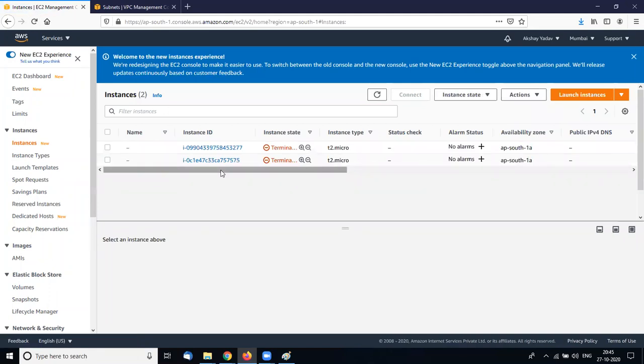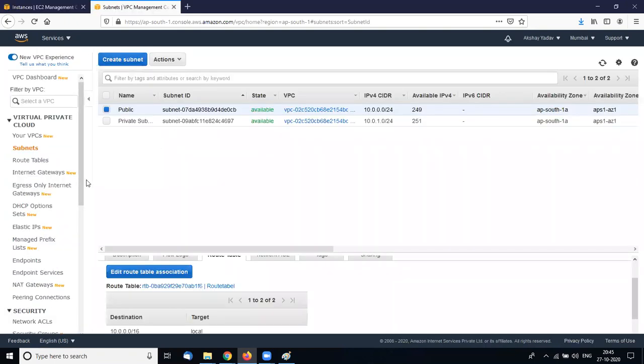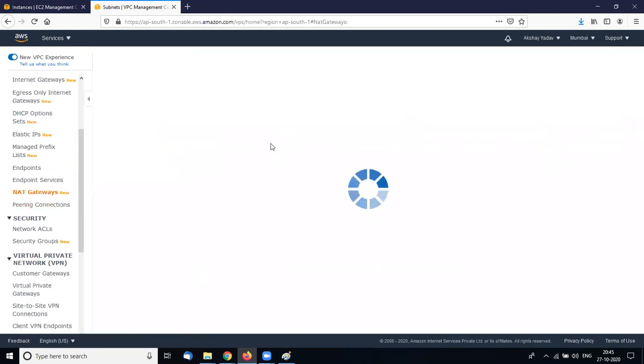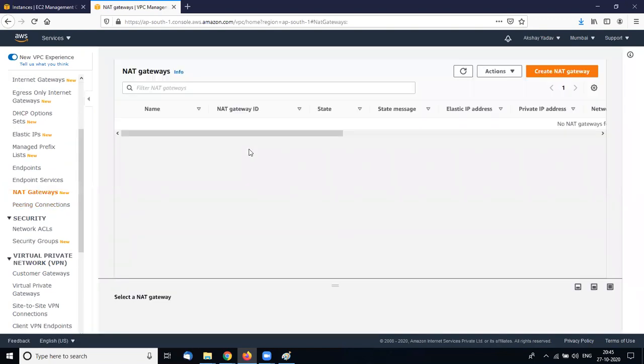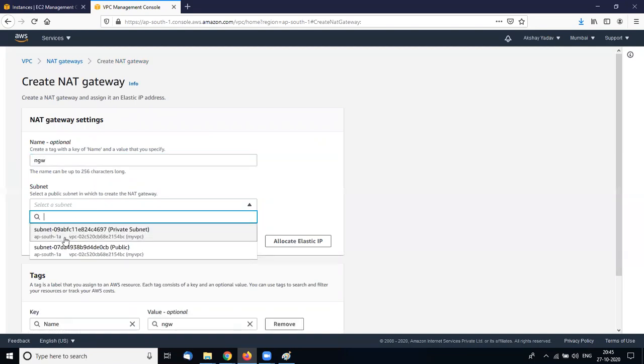It takes some time. I assign the VPC NAT gateway to this. There is no NAT gateway, so I am creating the NAT gateway for that, NGW, and the subnet is private.